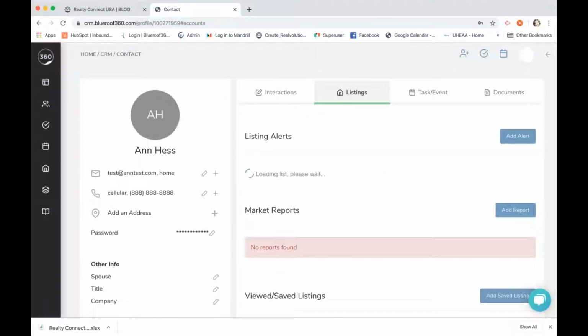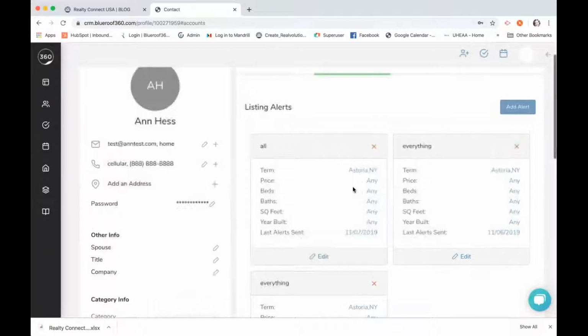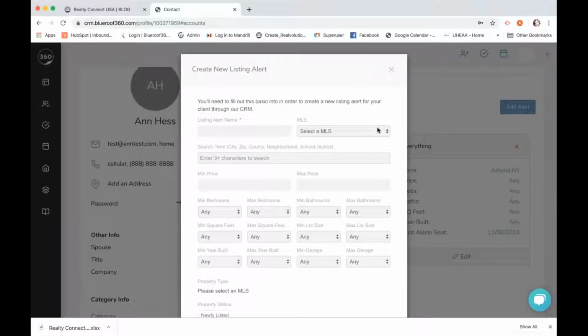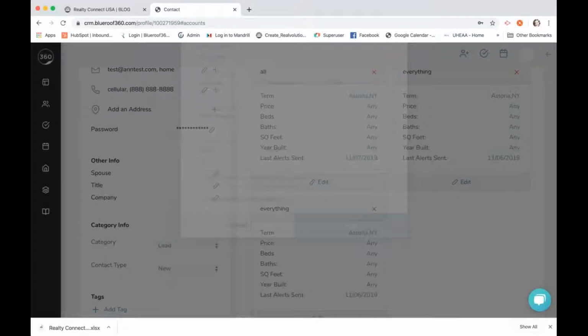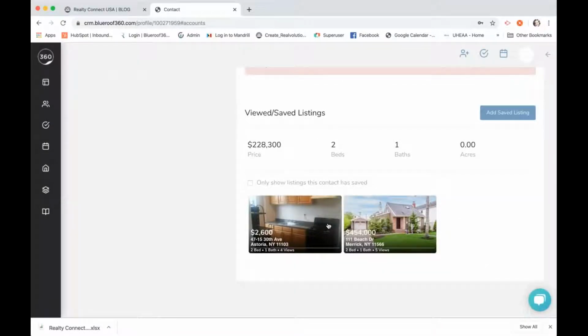From the Listings tab, I can see the listing alerts that my contact has created. So this is what has been done from the front of the website. And I can add my own listing alert as well. So I may have specific properties in mind for my contact to view, and I can do that from here. I can also look at the properties that they have saved or viewed. So these are the properties that have been viewed by my contact recently, and I can see the average price,